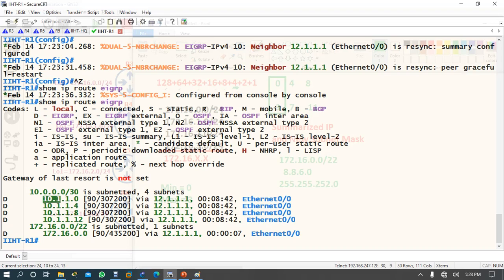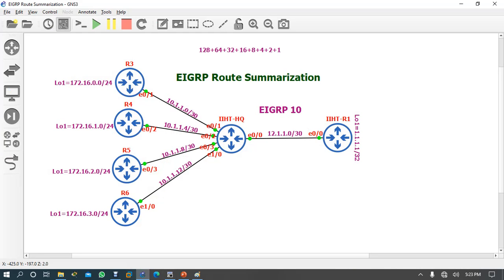Okay, same if you wanted to summarize for this, no problem, very simple. Now I need no calculation. See, 10 is common, so you can write 10. 1 is also common, the third octet is also common, the fourth octet is not common, so no problem. It is starting from 0, so you write 0; the minimum number is 0 and the maximum is 12, so it can come up to 16, right? So you can write this. And how many bits are there? 1, 2, 3, 4. Default is 8 8 8, no changes, so 24 plus 4 is 28.